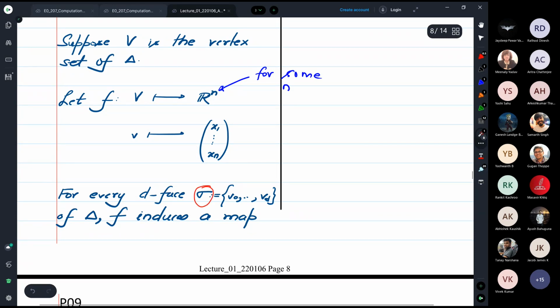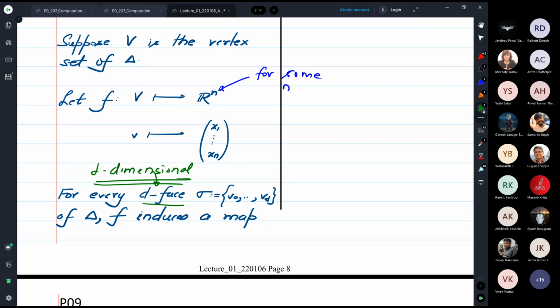Okay, I should elaborate. When I say d-face, I mean a d-dimensional face, right? I should have been careful here. So when I write d-face, I mean a face with dimension d. Since it has dimension d, the face itself will have d+1 vertices, and for convenience, let me write it as v0 to vd, right? So the claim is that you give me any d-face in delta, then this f